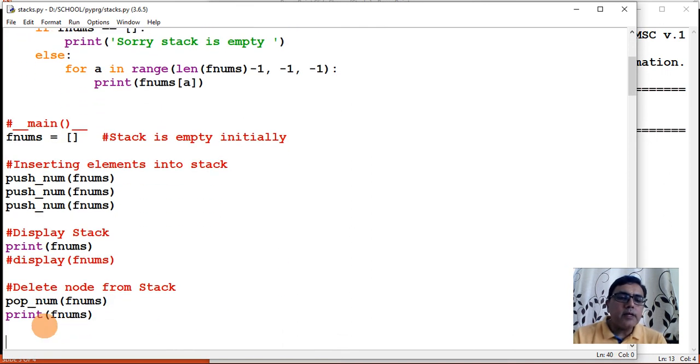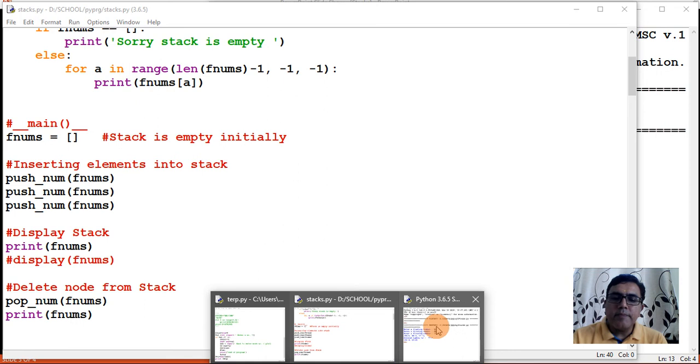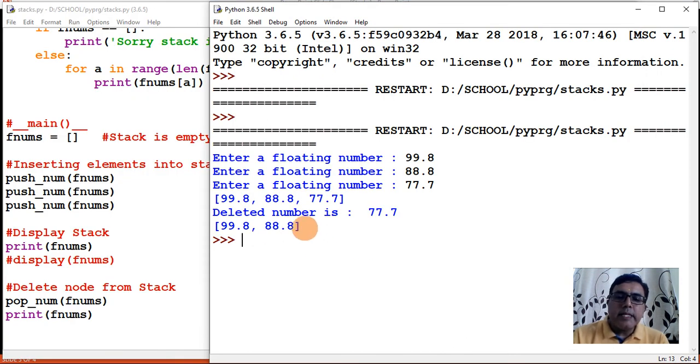After pop, what you had written, print fnums. So it is printing this list, right? So still you have actually implemented a stack using a list, but because you have written this code, you will know that yes, I have implemented it. If you have to show this execution to someone else, how will someone else come to know, right?